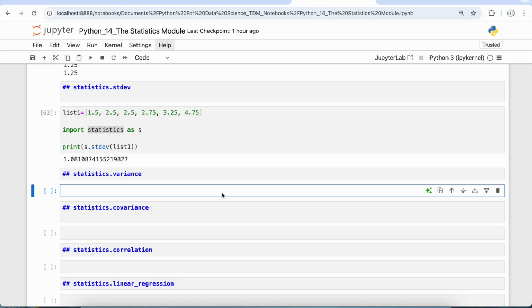I'm Atul, and in this video we are going to discuss the variance function from the statistics module in Python. This variance function returns the sample variance of data, and the data needs to be an iterable of at least two real-valued numbers. Variance is a measure of variability, which is nothing but spread or dispersion of data. A large variance indicates that the data is spread out, and a small variance indicates that it is clustered closely